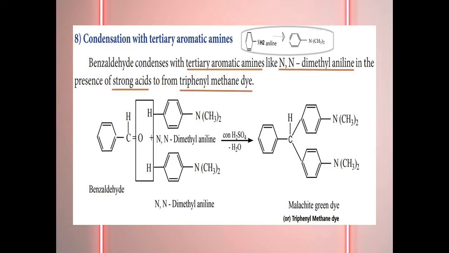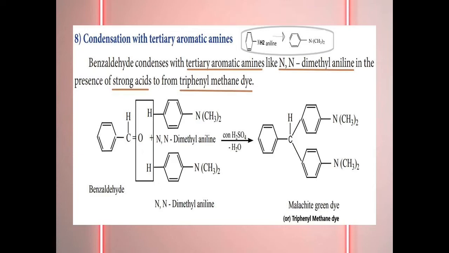Here the benzaldehyde is added with 2 moles of N, N dimethyl aniline. See the reaction carefully. On the reactant side we wrote benzaldehyde 1 and N, N dimethyl aniline twice. Here the benzaldehyde gives the oxygen, and from the N, N dimethyl aniline we project hydrogen. It is a projected hydrogen. Don't be confused, N, N dimethyl aniline does not separately have hydrogen. Then that hydrogen and the oxygen are removed as water with the help of concentrated sulfuric acid.